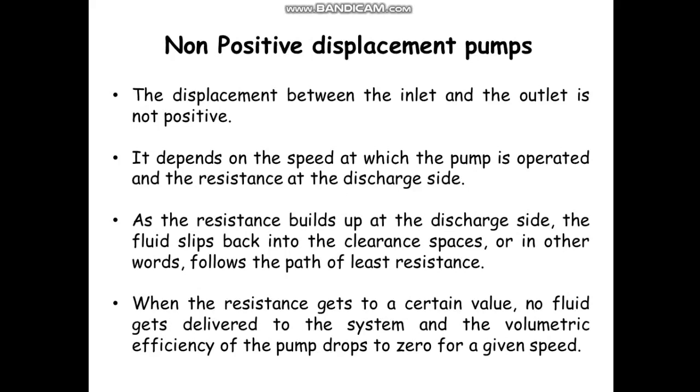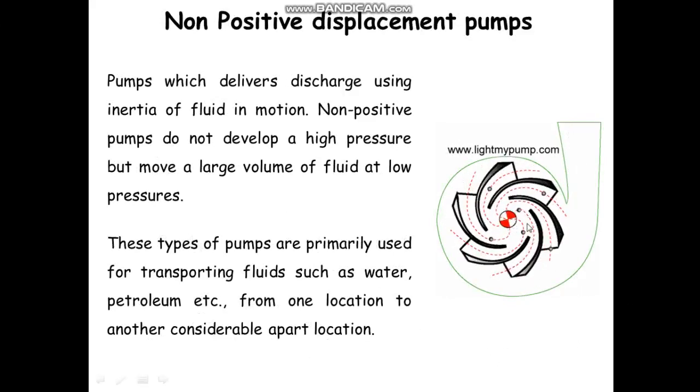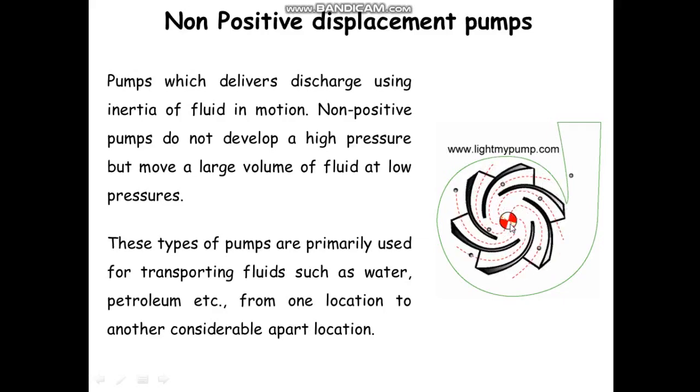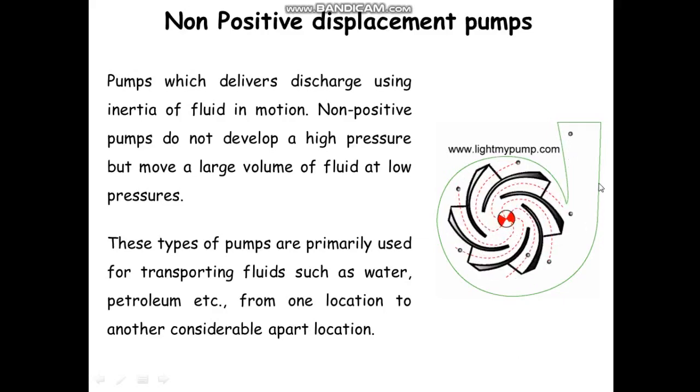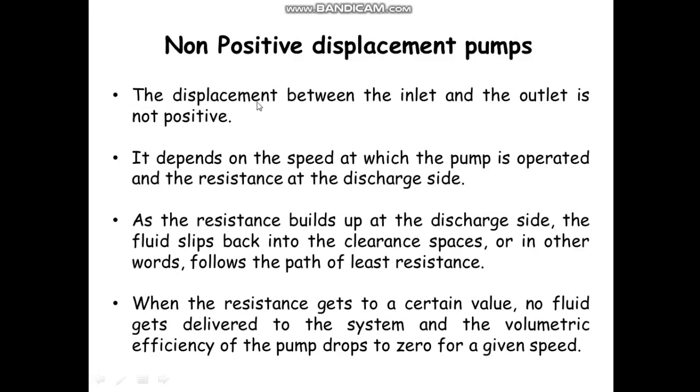The main thing with non-positive displacement pumps is that the displacement between inlet and outlet is not positive, and that is why they are called non-positive displacement pumps. The meaning is that the amount of flow delivered at the inlet and the amount of flow delivered at the outlet is not the same. That is why it is said that the displacement between inlet and outlet is not positive. But as far as positive displacement pumps are considered, then the displacement at inlet and outlet